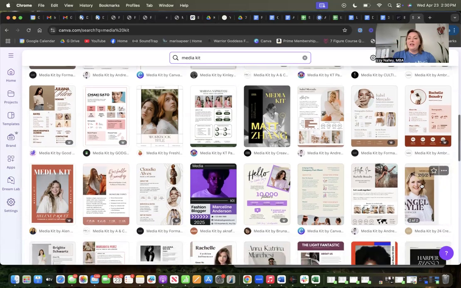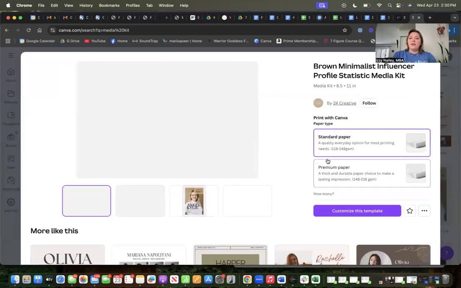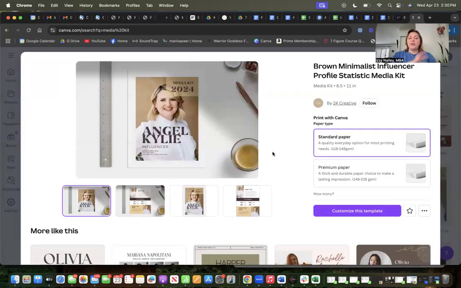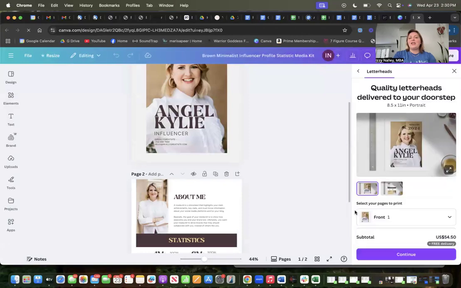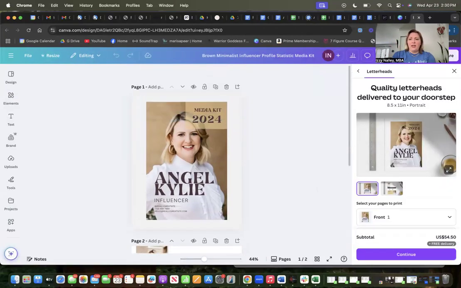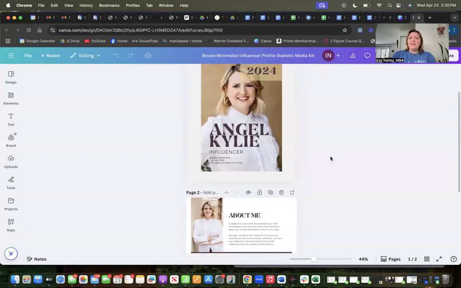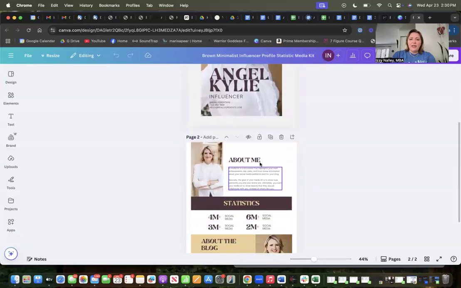And then as you pick a template, know that you can add pages. You're just going to want to make sure that all the fonts are the same and all the colors are the same and the general style is the same. And so I'm really curious just to see your initial template that you want and start coming in here and